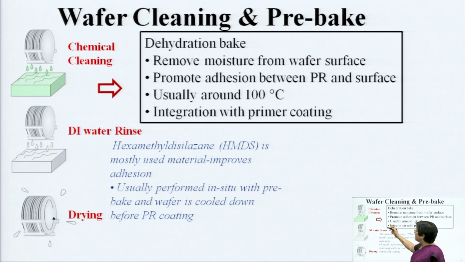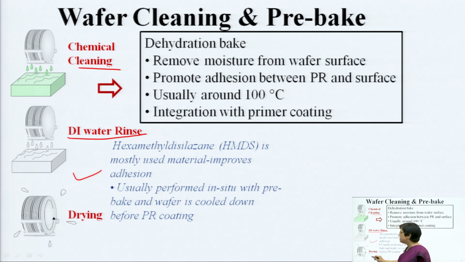Now, this cleaning is basically done by the RCA cleaning method, through which you carry out chemical cleaning. Then you carry out DI water rinsing, and subsequently you dry the wafers, or a batch of wafers, using ultrasound dryers, or by exposing them to rotational movement, so that with the centrifugal forces all the water particles get dislodged.